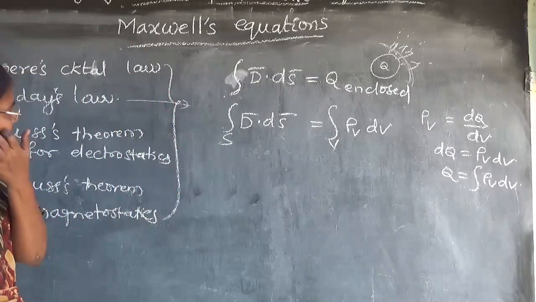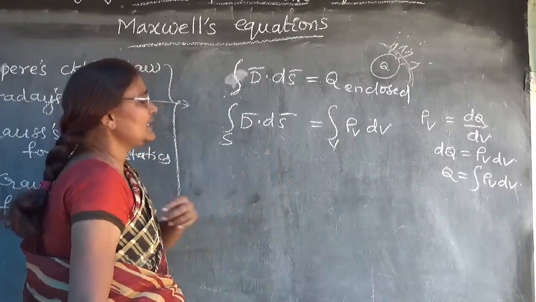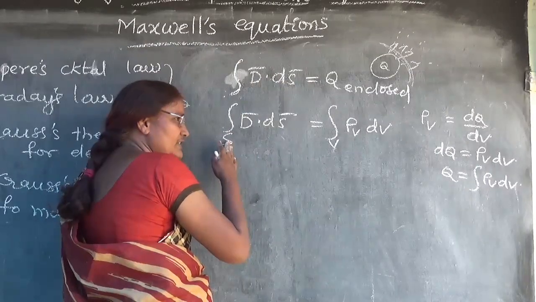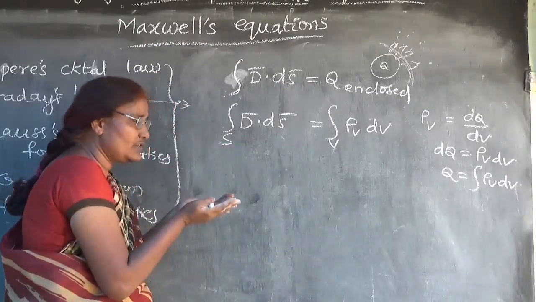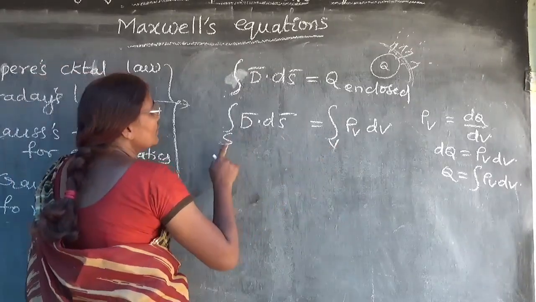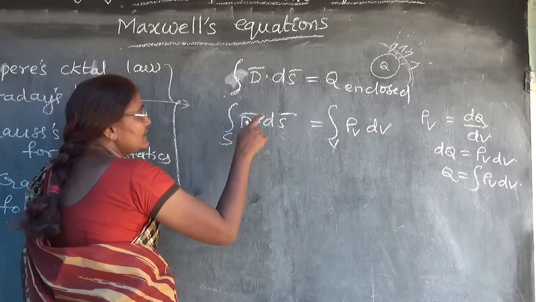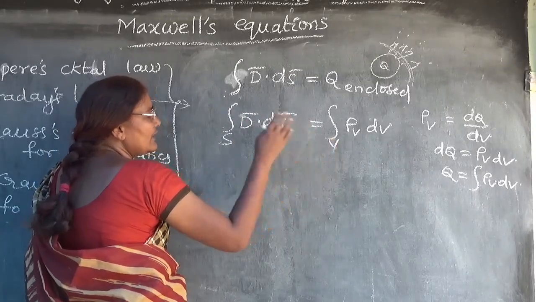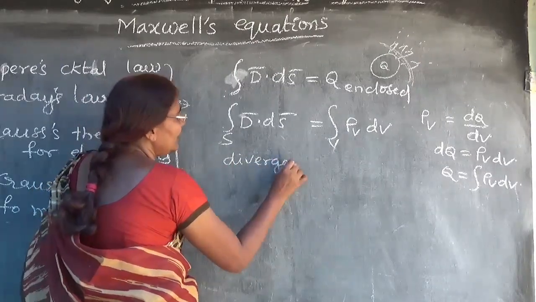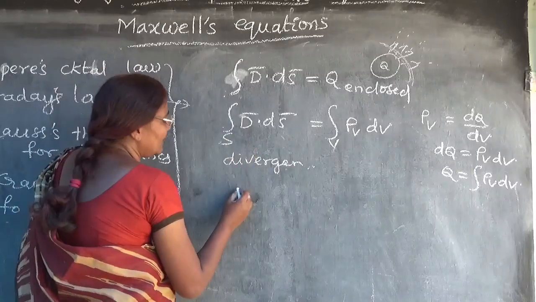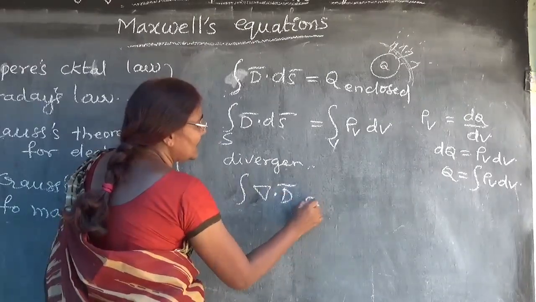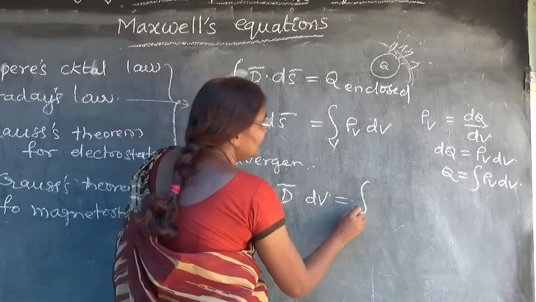So to convert this surface integral into a volume integral, we are considering the surface such that every closed surface will have some volume. That volume we are going to consider here. So we can convert the surface integral into a volume integral or vice versa by using the divergence theorem. By using the divergence theorem, this will become the integral of del dot D bar dv is equal to the integral of